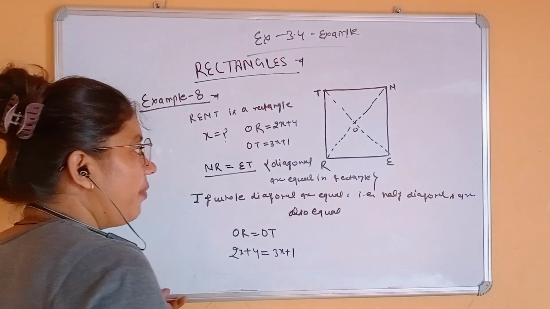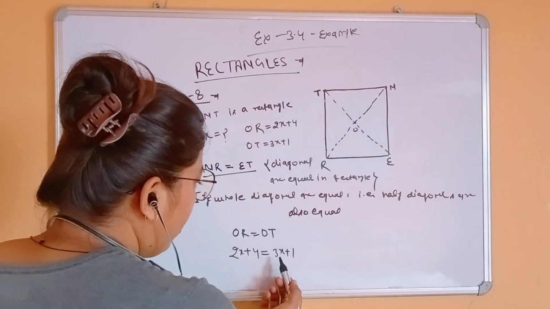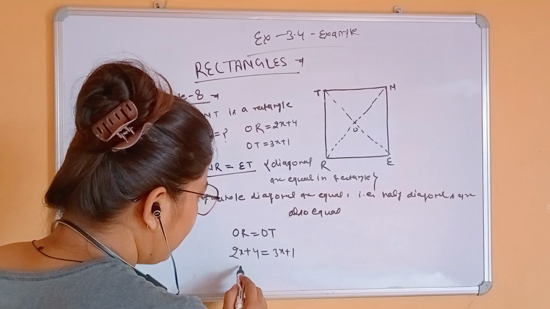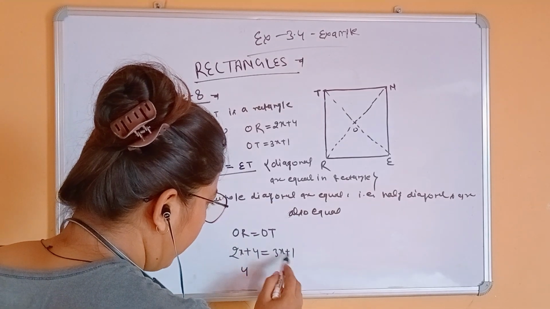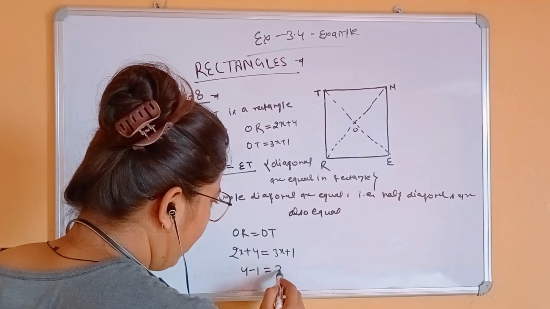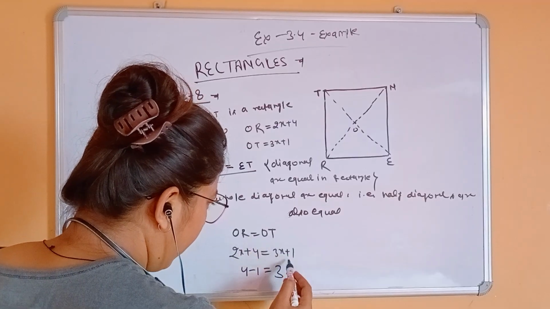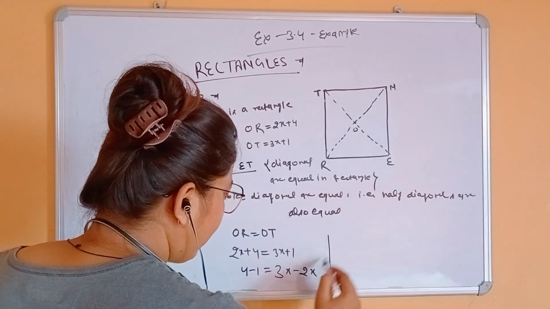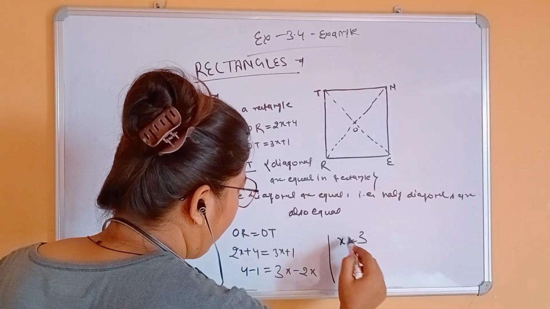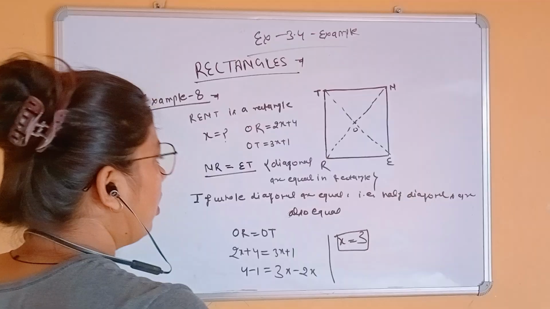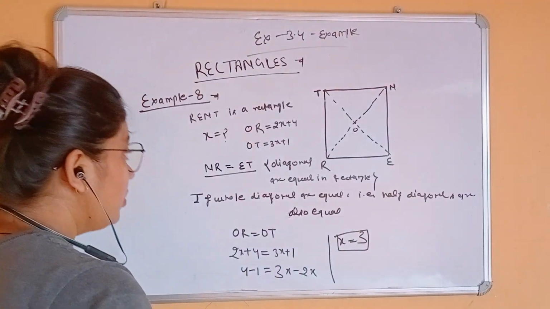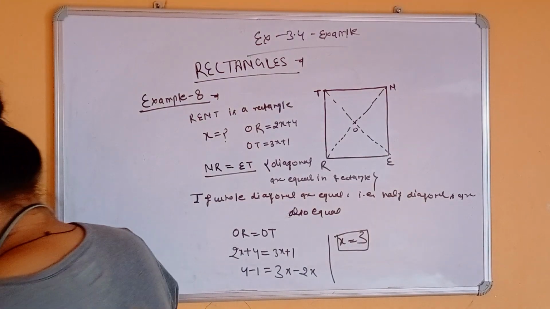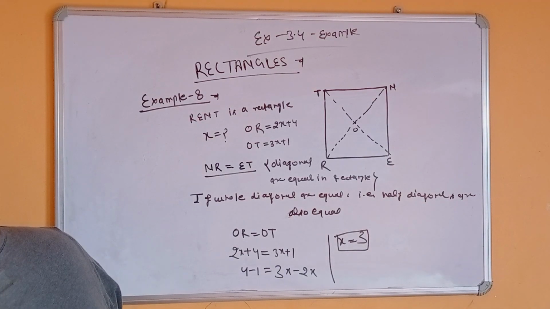In the previous video we understood how to solve this. First take the variable on one side and the constants on the other. 3x is the variable, so take the variable to this side. 3x minus 2x is equal to x. 4 minus 1 is equal to 3. So here x value is equal to 3. So first write, then understand another property, square.